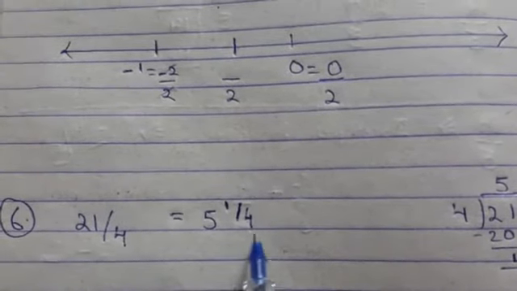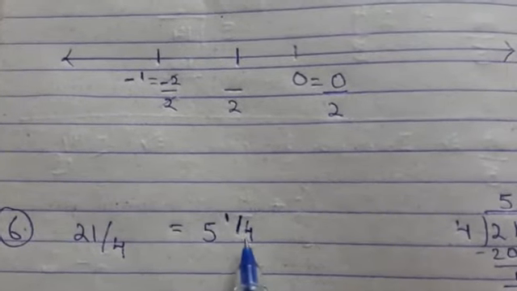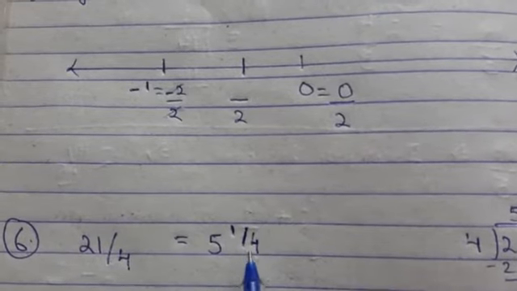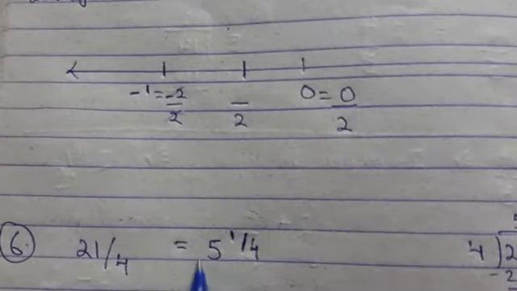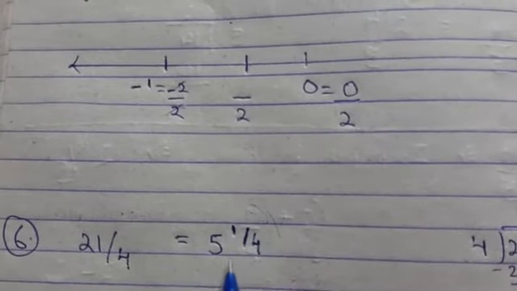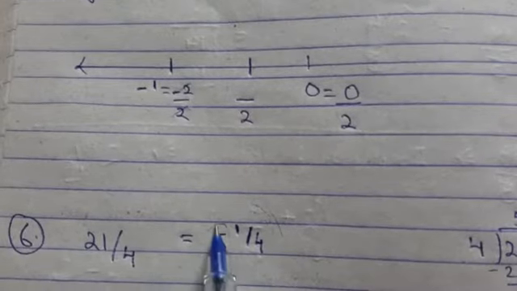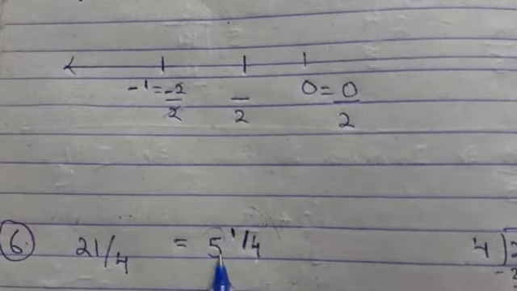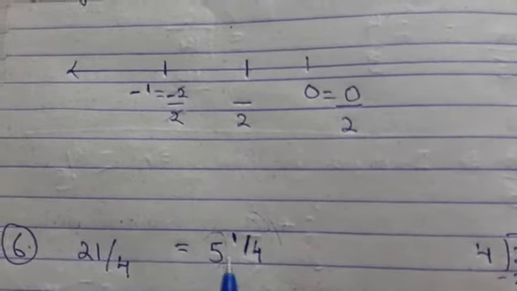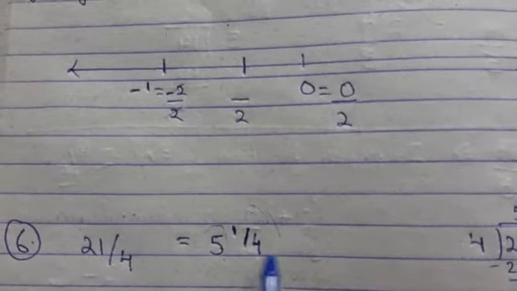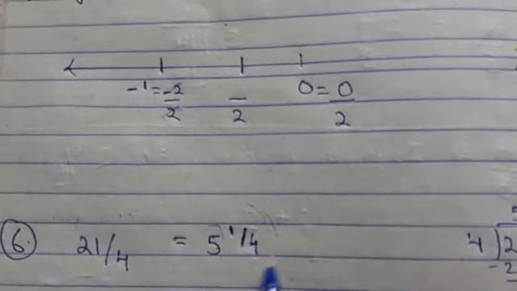This 5 is known as the integer part and this 1 by 4 is known as the fractional part. And this fractional part is similar to a proper fraction, where the value of the numerator is less than the denominator. That means in such cases, when the rational number has been converted to mixed fraction form, the rational number will lie between the given integer part and the very next integer, that means between 5 and 6. If, for example, it would have been 6 1 by 4, then the number would be lying between 6 and 7. Now here it is given 5 1 by 4. So first plot it on the number line.